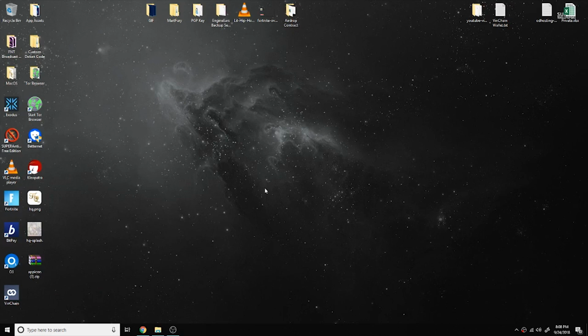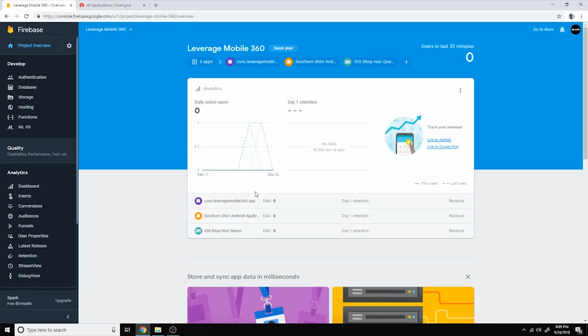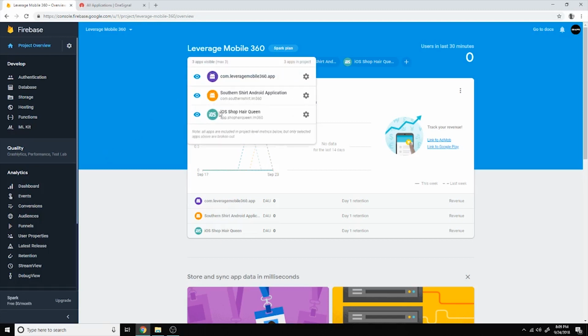In this video we're going to be going over how to edit, create, and publish an Android application using the supplied template. So step number one is we're going to want to create a Firebase project and app. So we'll open up Firebase, make sure we're in the Leverage Mobile 360 one. And the next thing we're going to want to do is come into where it says the applications, and we're actually going to want to be adding a new app,